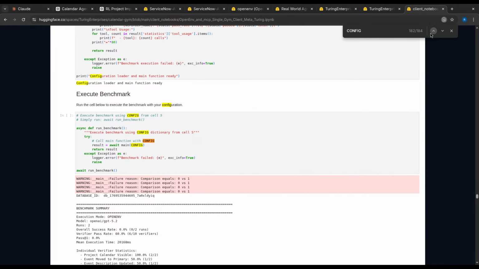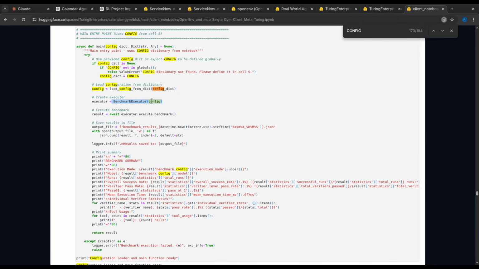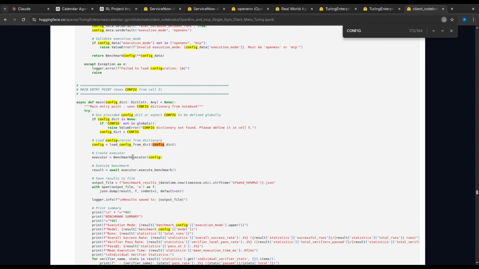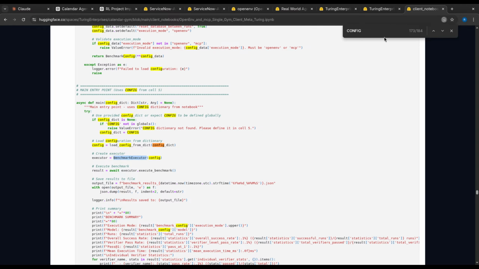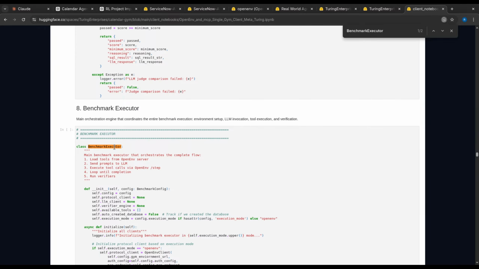Okay. Benchmark we are taking from somewhere, where benchmark executor. Where is this thing defined? We have defined it like this.